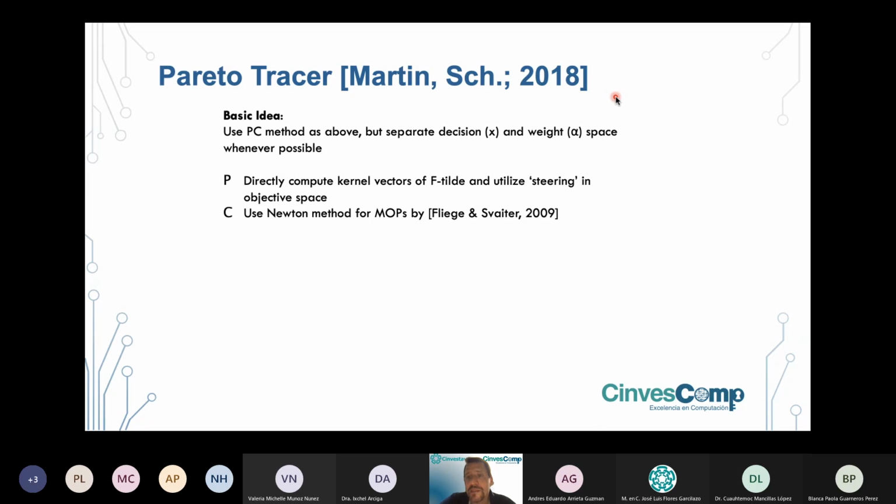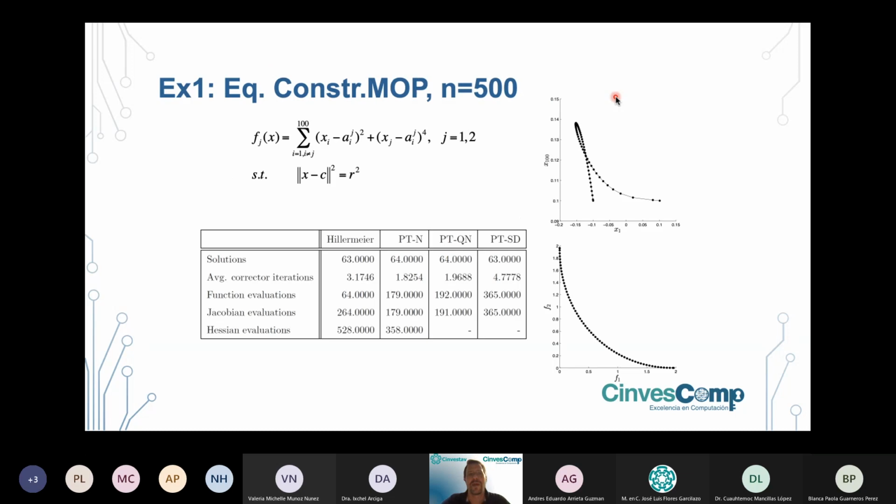Yeah, and one of these continuation methods is the Pareto Tracer, right? It falls absolutely in this category. The distinction is that here we would like to separate the weight space and the X space, which is something you cannot understand because for this you have to look at the Karush-Kuhn-Tucker conditions, which I have not shown you,